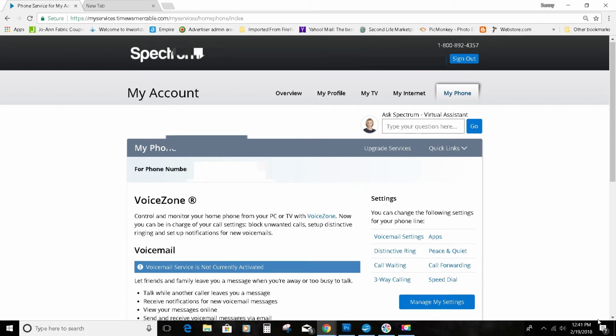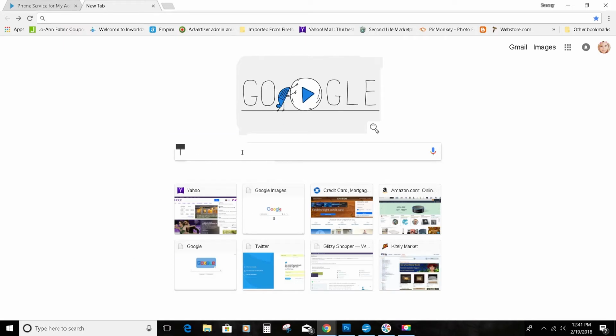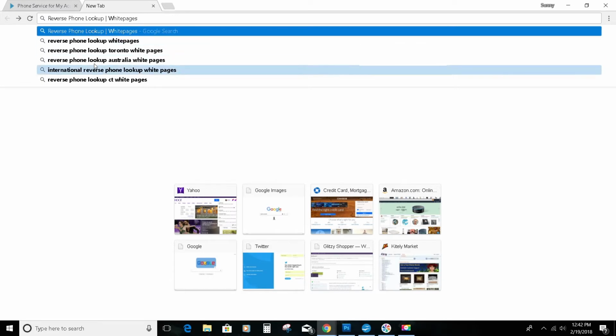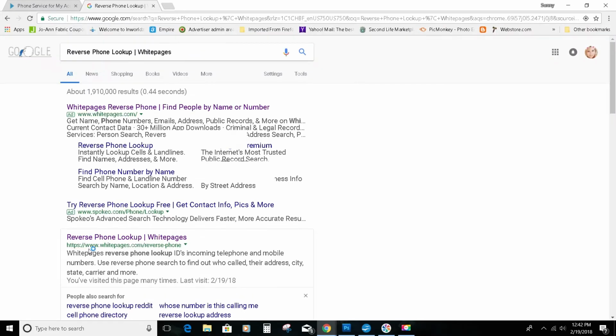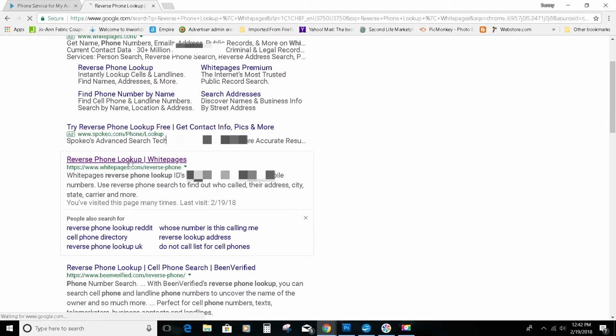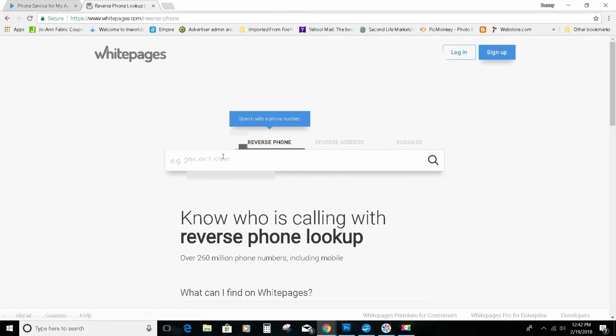What I'm going to share with you today is how to block calls from your Spectrum account. I got a scam call this morning, so that's the one I'm going to show you. First thing, I'm going to find out if it actually is a scam caller. So you go to reverse lookup in the white pages, which is this one right here. Press that and then go here and punch your number in,